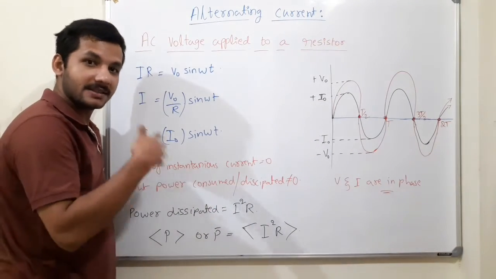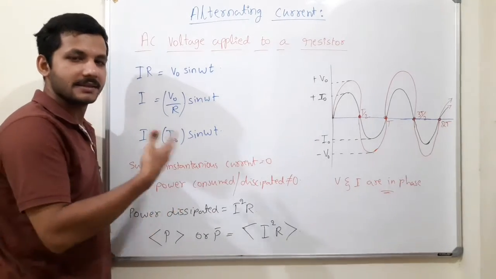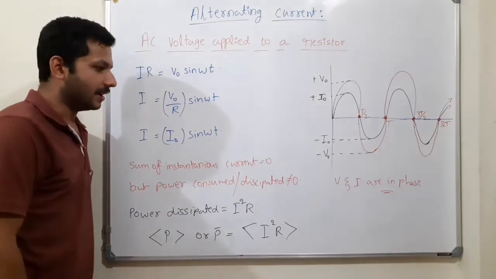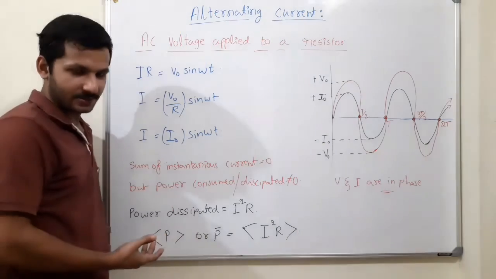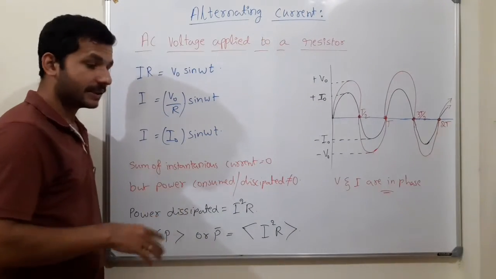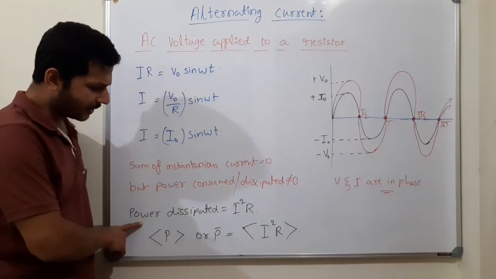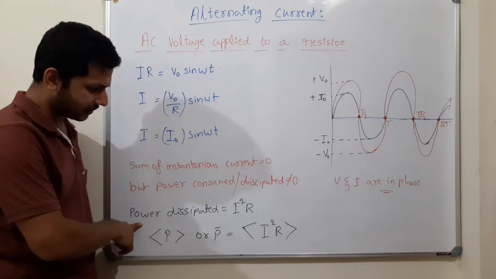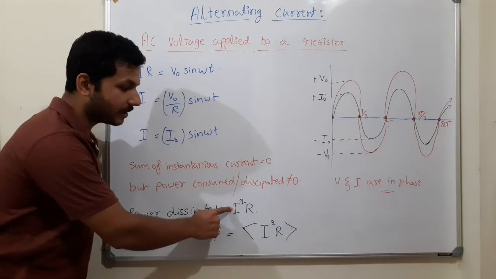Right now the appliance would have worked something. Appliances are working constantly in one house or another right now, so power dissipated cannot be zero. What is the formula to calculate power dissipated? Power dissipated is equal to I square into R,